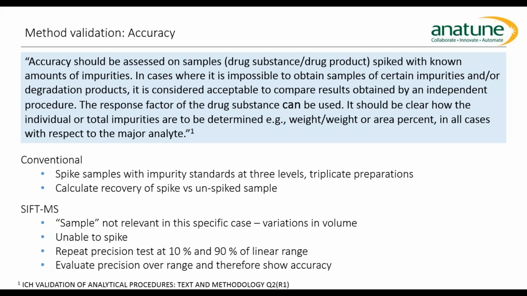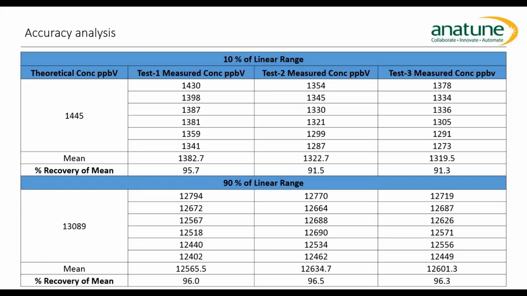Another way of actually showing accuracy is to look at the linearity, look at the precision, and use those two together to come up with an approach to generate accuracy. And so in this instance, the precision test was repeated at 10% and 90% of the linear range. So we would now have precision at 10, 50, and 90%, and it should all give really good recoveries, and that will show that the system is actually accurate over the concentration range we're looking at. And so here is the data for those